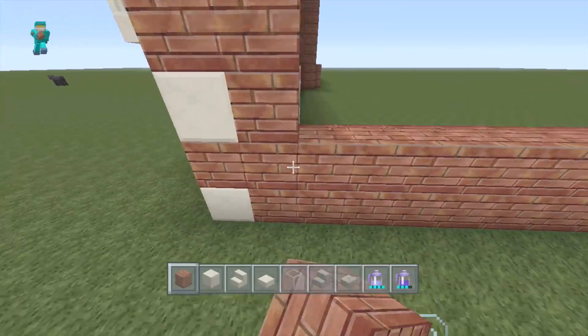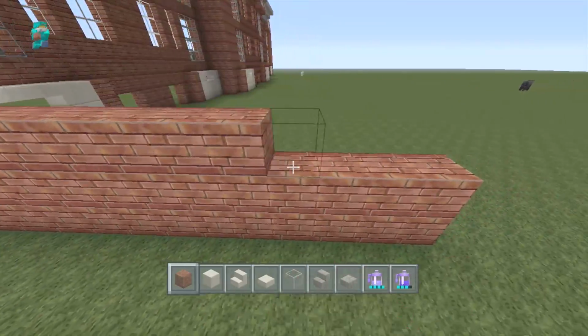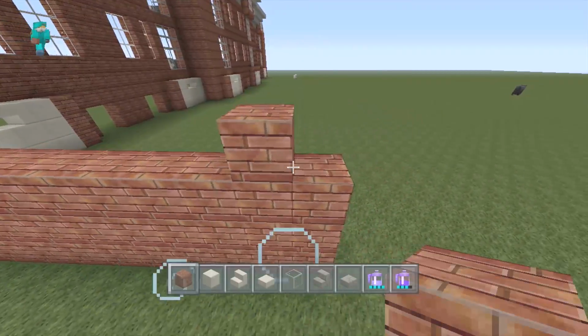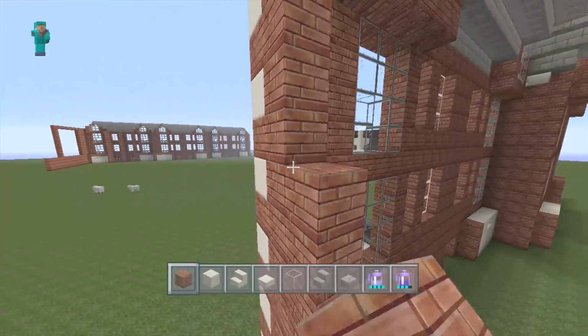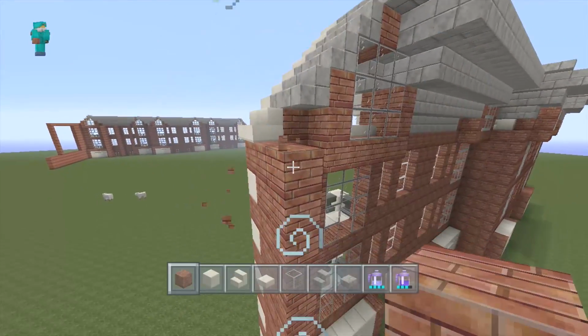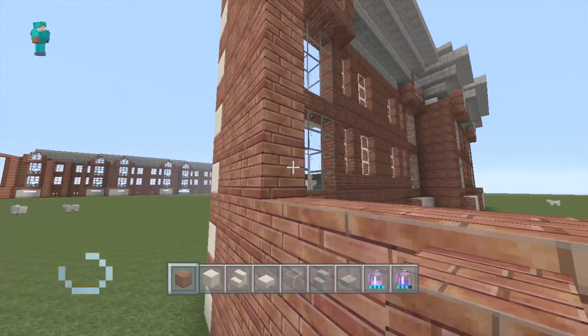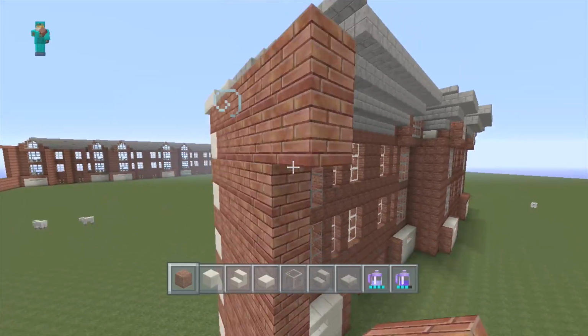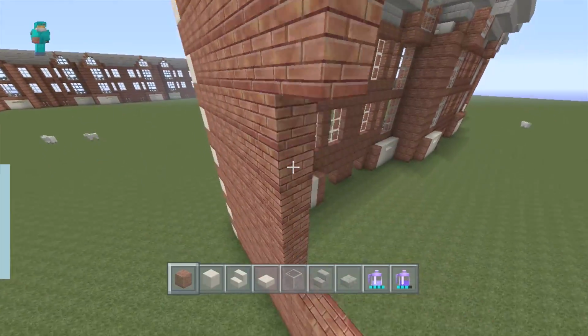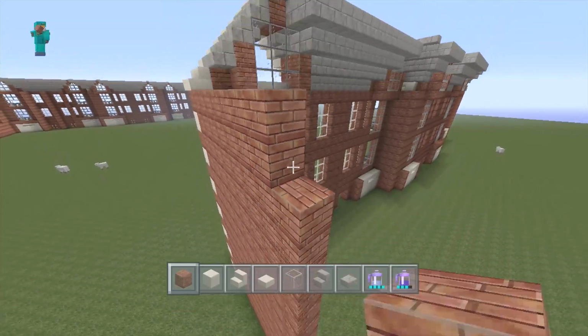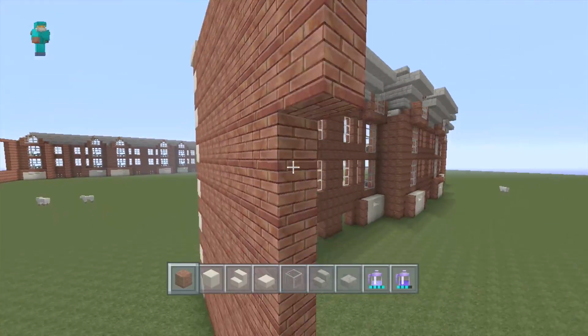Great thing about this house is you can actually make it however wide you want. So if you want to make it bigger, if you want to make it smaller, you can. All depends on really how much space you have, to be honest. If you have plenty of space and you want to fill some of that space up, you can definitely make these a lot wider, so you have more room. Or if you don't have too much space, you can shrink it down a little bit, but you do have